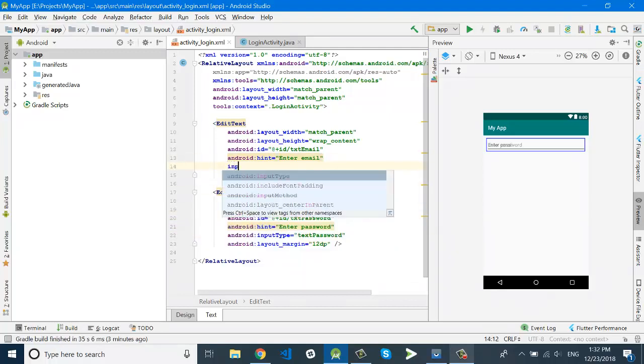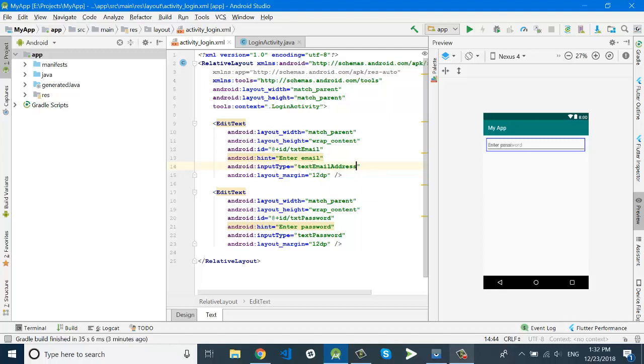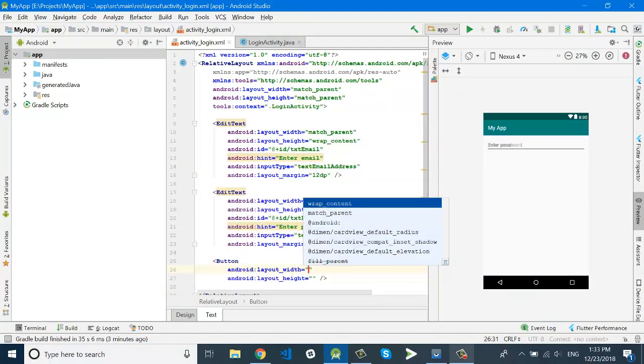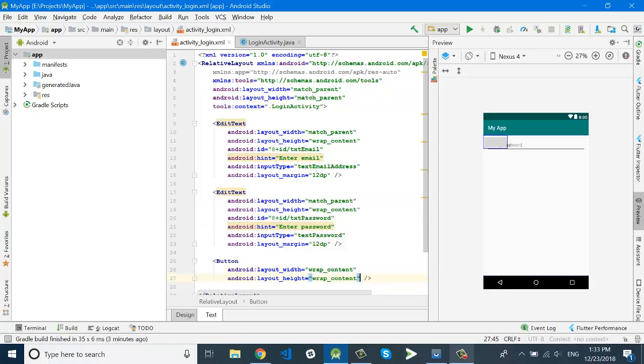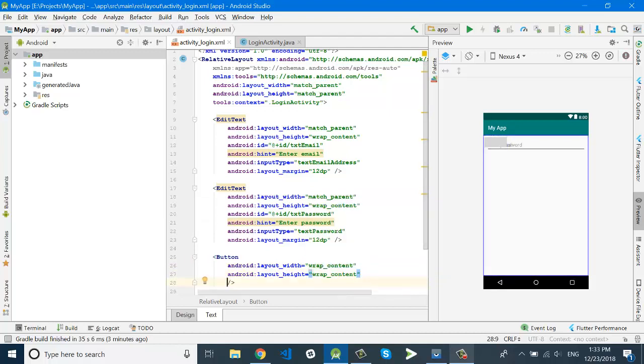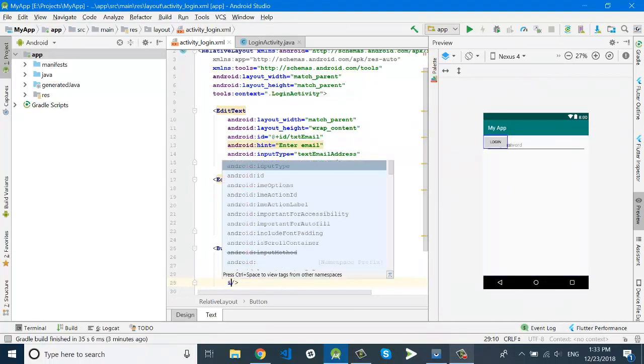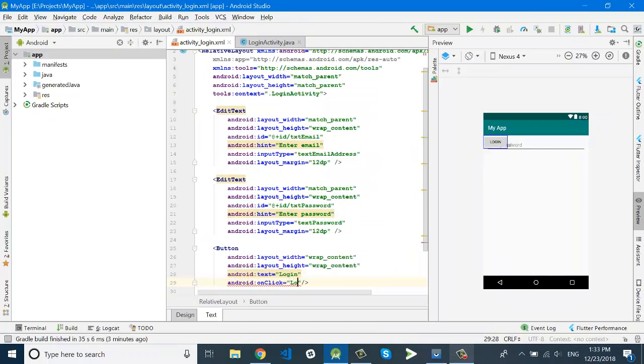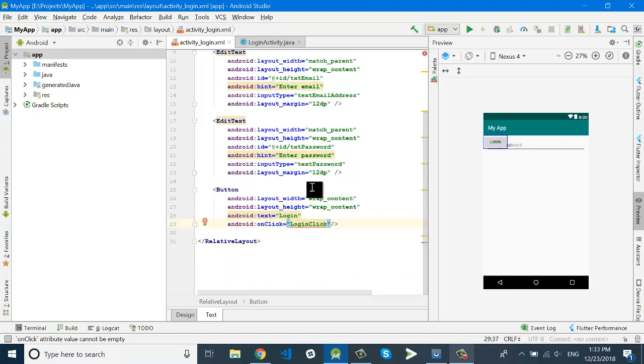Okay, set the input type as well, and now we have a button, a login button. So the text of this button is login, and we will also set the on click method of this button and give